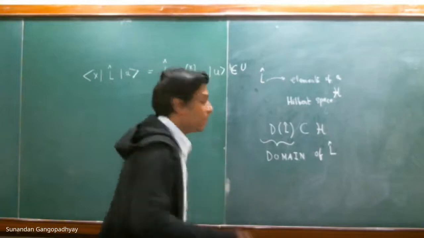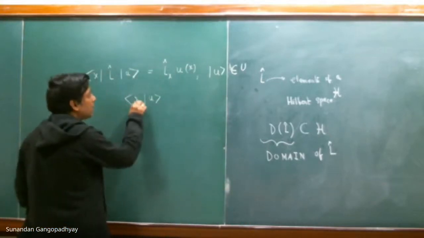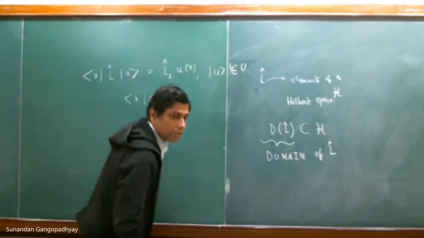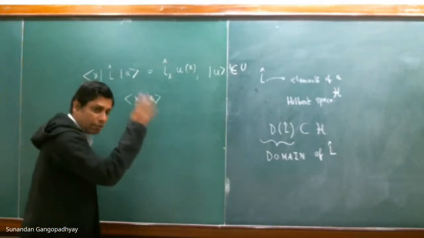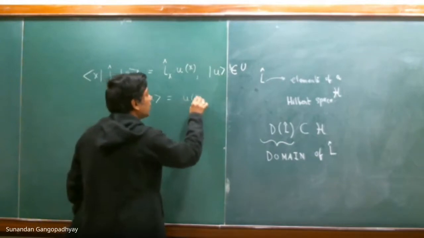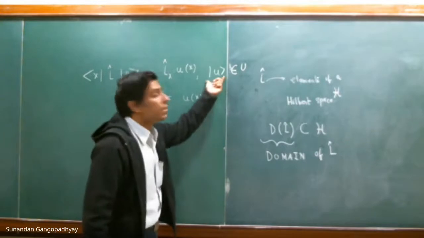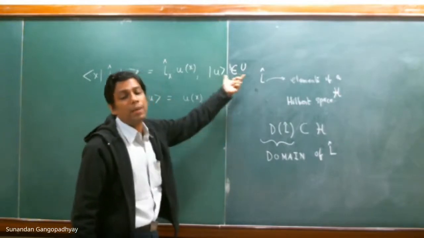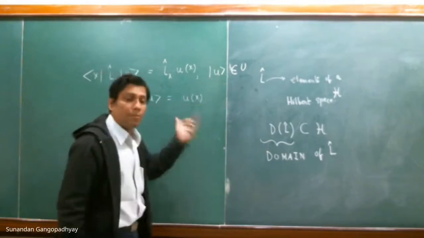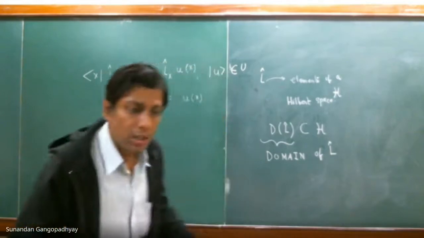But when you take a representation, that is, if you have ket U and take a representation bra X, this ket U is an element of the abstract Hilbert space U. Now you take a representation of that vector with X, what you have is U of X. So this gives you a function. So this function basically represents this vector in the Hilbert space U. This is a representation, and this is a functional representation. You are representing a vector by a function.